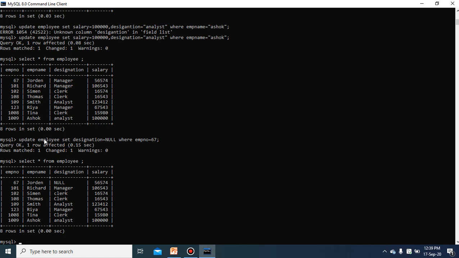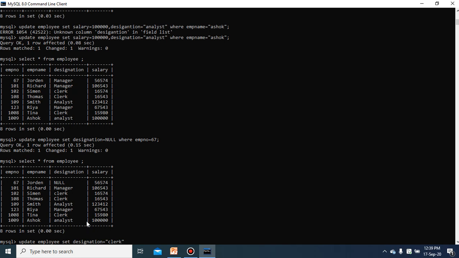When you use the update command, the set keyword is a must. If you write update employee and you do not provide any condition, then what will be the effect? You can see here, update employee set designation equal to, suppose I want to make all designations clerk and I have forgotten to give the where, or intentionally I have not written the where clause.